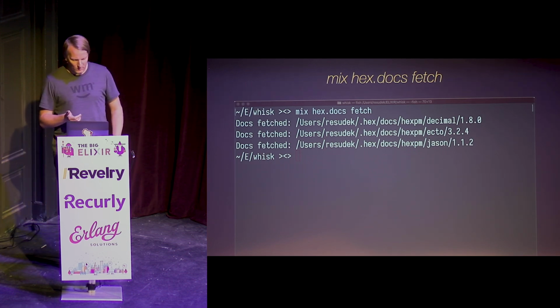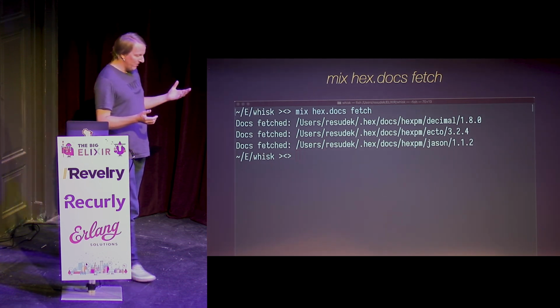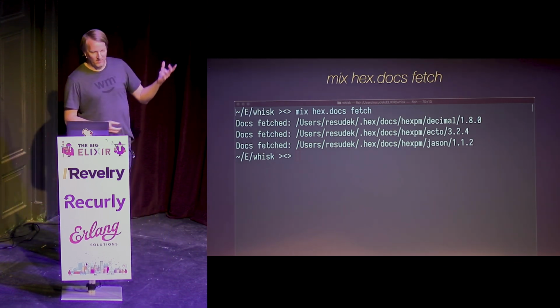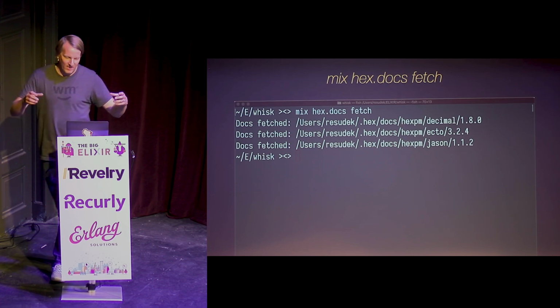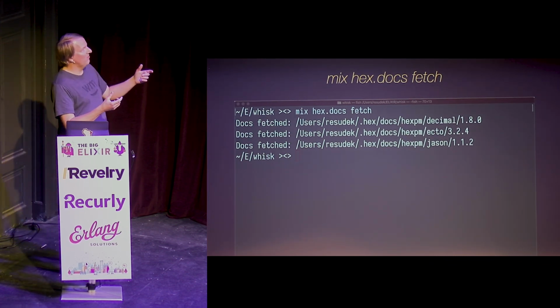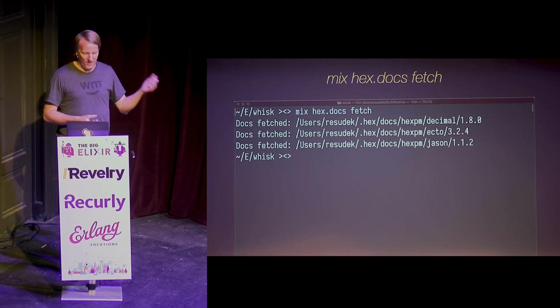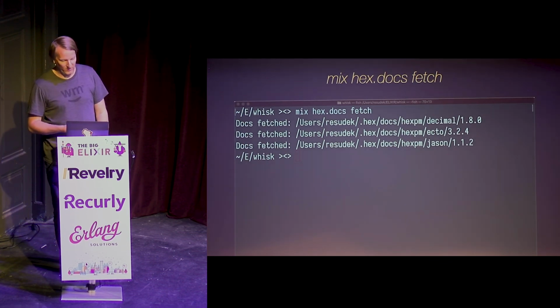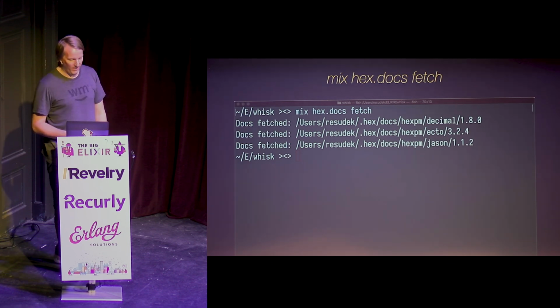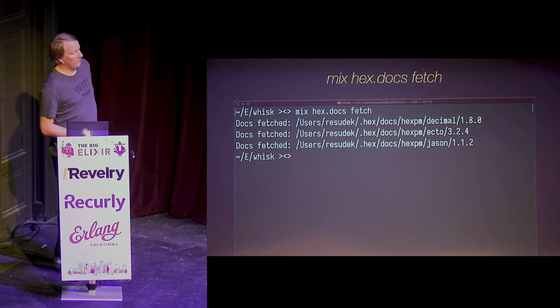And mix hex.docs fetch is going to get all of your dependencies' documentation for you. So what does this do? If you have an application with 5 dependencies, or in this case, it's got 3 dependencies, and you type this in the context of an application, it's going to look at those dependencies, figure out what versions you're using from your lock file, and then go out to Hex PM and download the documentation for that. So now you have a copy of it on your local file system. And this is stored in your Hex home folder.